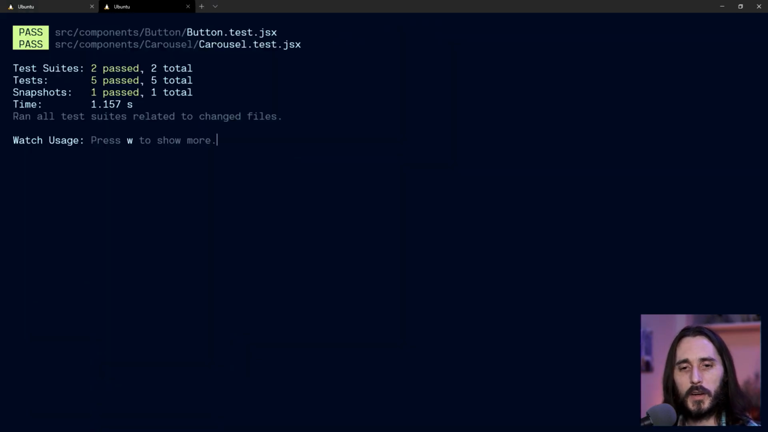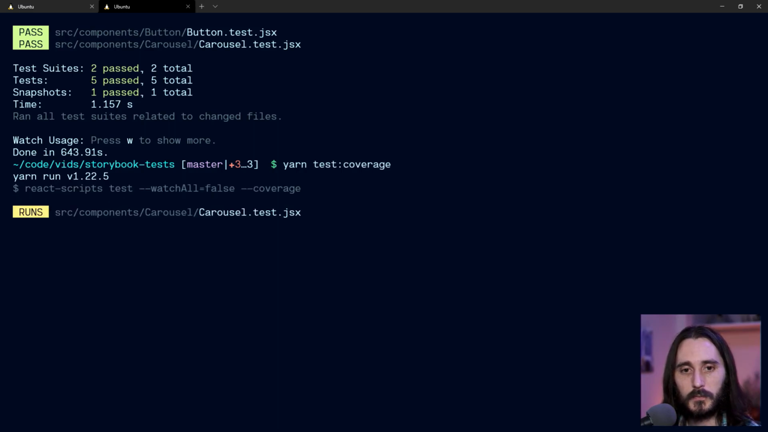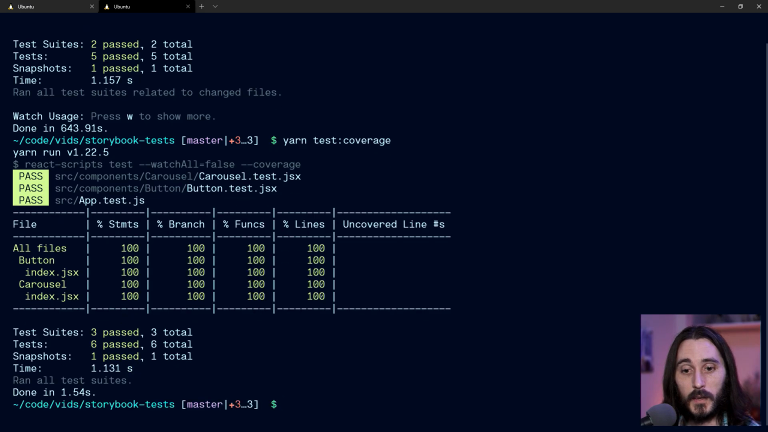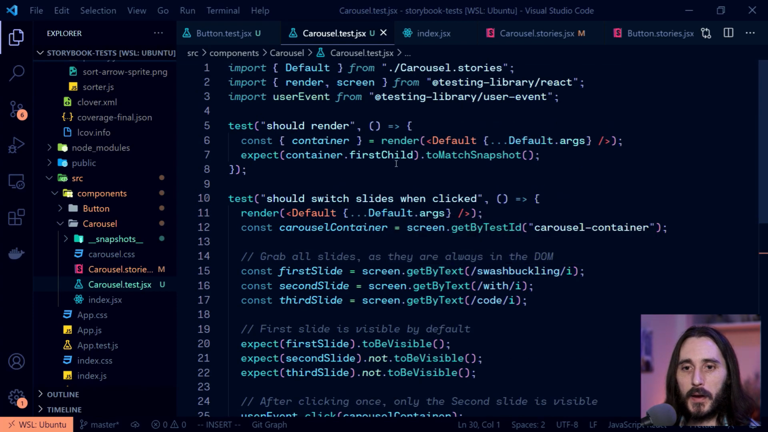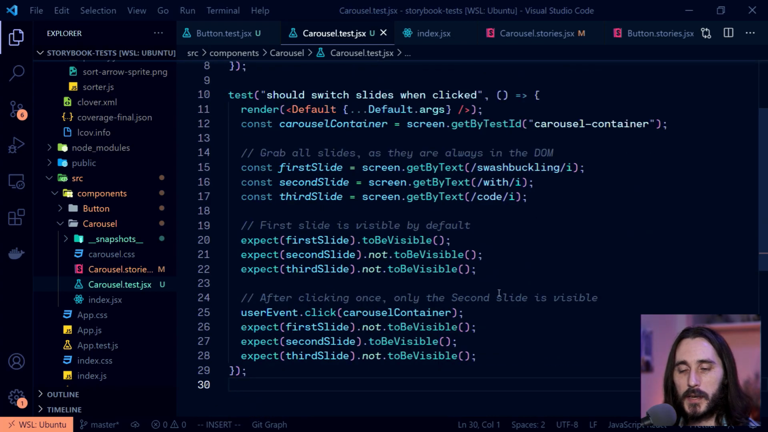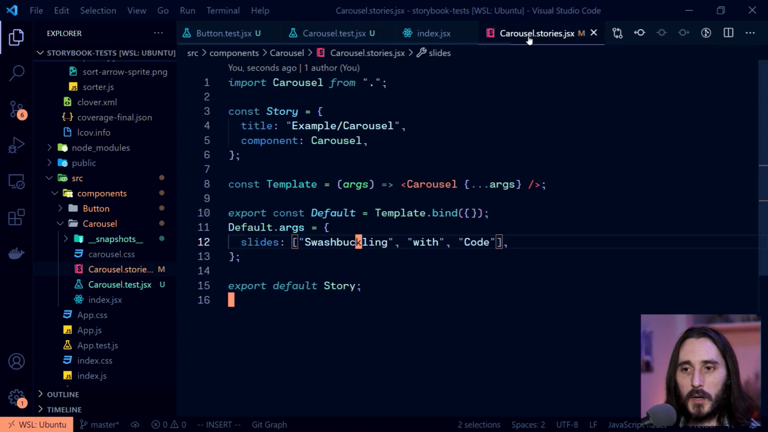Let's dive over here and see how our coverage is looking. Yarn test:coverage. And it looks like we've covered all of the generic usability for our button and for our carousel. This brings me to another point here that I really like about this paradigm of using our stories for our tests. So you might not be familiar with this if you haven't gotten into this position before, but you'll notice